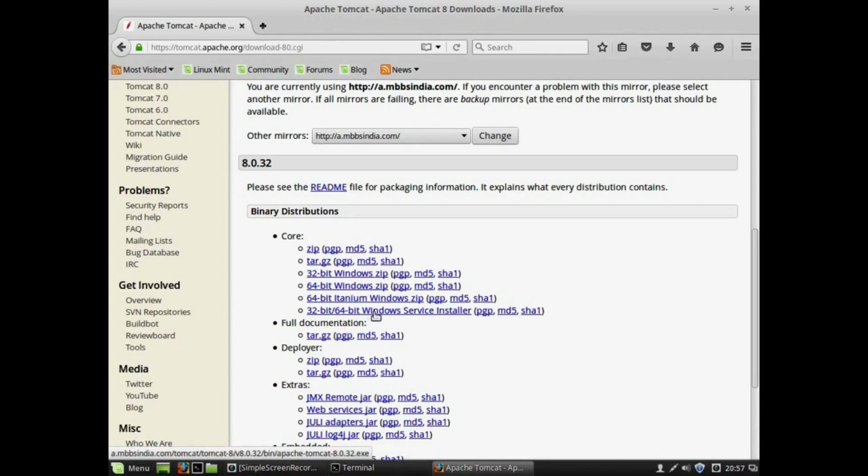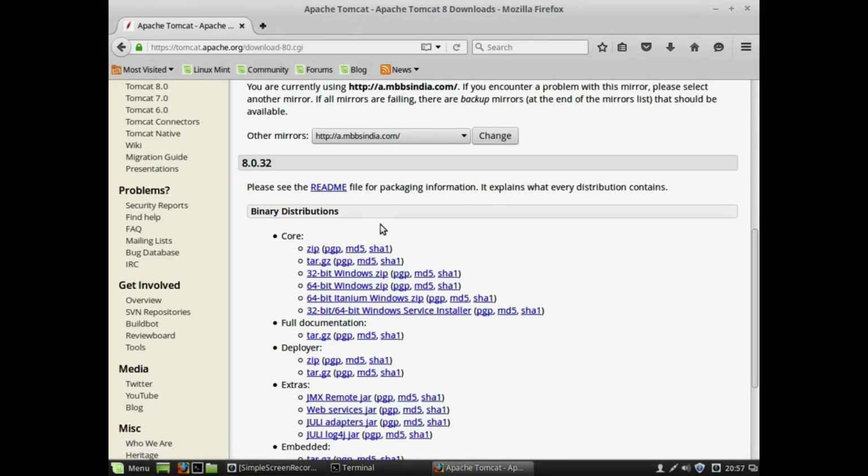But I recommend for Windows you go directly to the service installer, because switching on that server, that means startup and shutdown commands, are done through a simple icon. So you'll get those icons in the start menu in case of Windows. In case of Linux, we need to start and shut down manually.